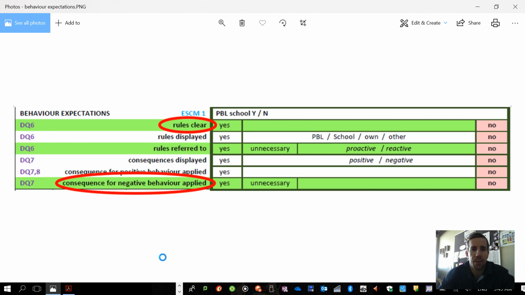Second video looking at our behaviour expectations. You can see on the screen here. Ignore the red circles, but what we've had a look at so far are rules clear, and what constitutes whether our rules are clear. Rules being displayed, which is a no-brainer, that one. And then we also looked at rules referred to last time. This video, we're going to look at those last three sections here,